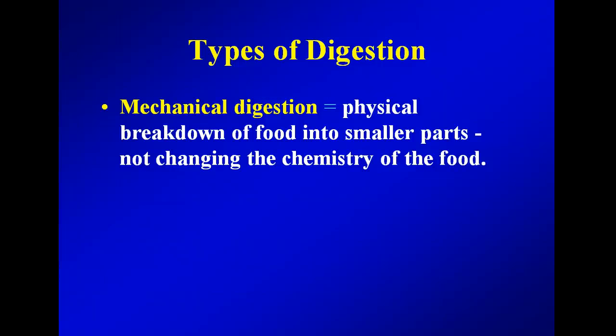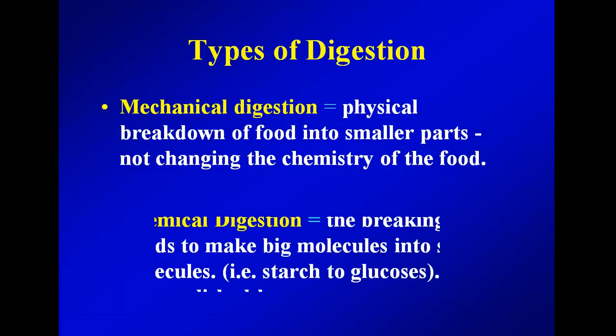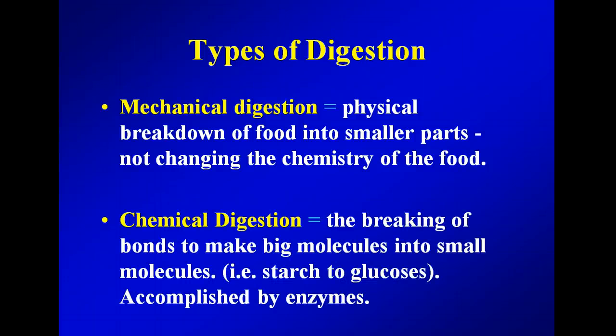You're not changing the chemistry. The most easily understood one is chewing. You're taking a big cookie and making it into small parts of a cookie. Another example is bile. Bile coming from your liver will emulsify fat, make big blobs of fat into small blobs of fat. What mechanical digestion does is it sets up a situation where chemical digestion will work better,